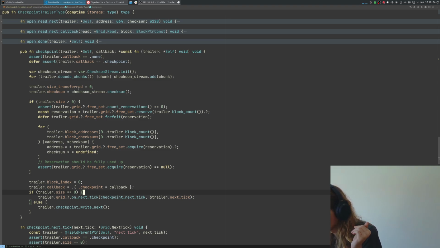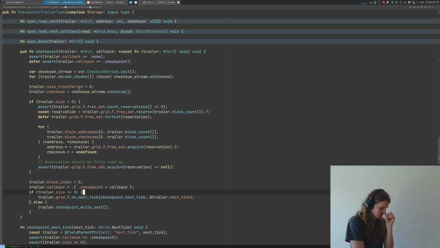I kind of lost the context for this checkpointing. Is this checkpointing just a grid FreeSet of the entire database state? Does a superblock write accompany this checkpoint? Okay, this is a great question,